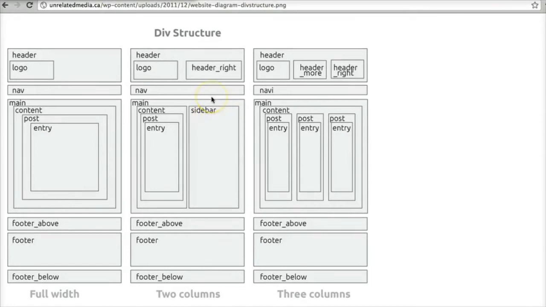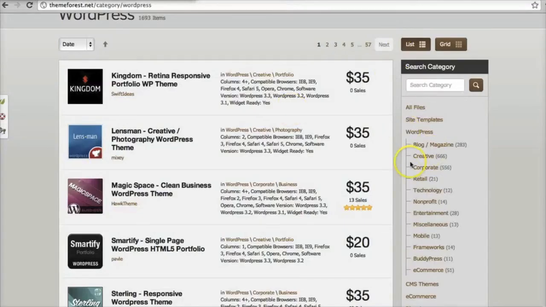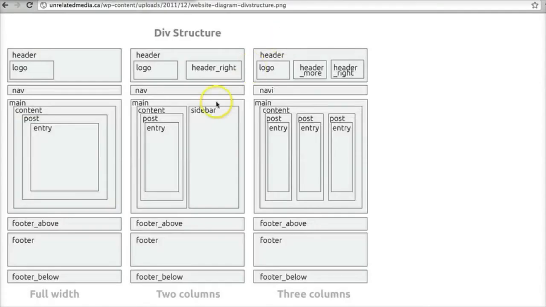With most WordPress themes, we've got core or staple elements in use, right? We've got a header, a navigation bar, and a footer. I mean, those are basic things you'll find across pretty much most themes. What changes, what defines the category of a theme, all these categories, is the main content, the way in which the main content is organized, the features provided within the main content, and that's what defines it. So here you can see a single column layout, double column, triple column, right? But on top of that, there are all sorts of other things. Widgets can go in there, sliders, different media elements, and so on.